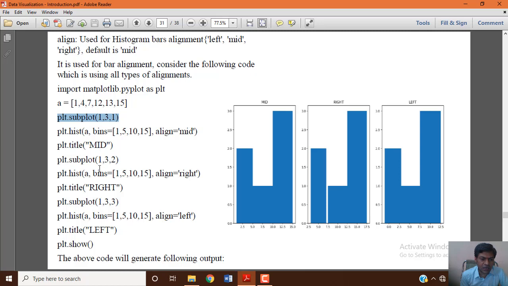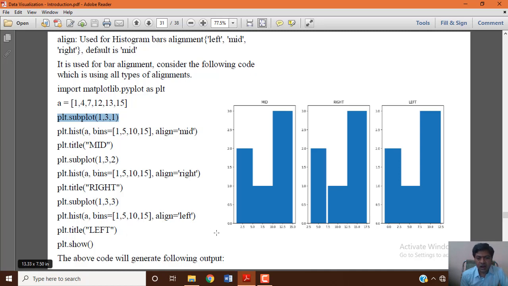Another subplot, 1 comma 3 comma 2. First row, one row only and three columns, out of which the second column is this subplot, and the alignment here is right, which you can see from the title we specified for the second image. Another one is subplot 1 comma 3 comma 3, within that one row and three columns total, and the third column has left alignment of your histogram.